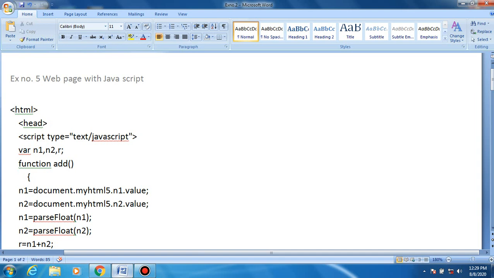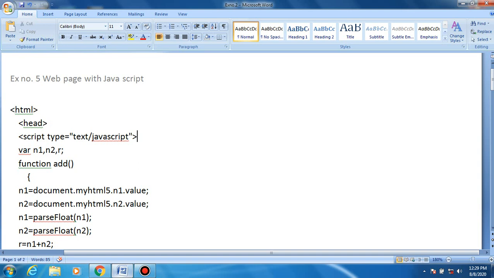The HTML program is used to create frames, but it is not processed to perform arithmetic operations, etc. Therefore, we need JavaScript to perform such arithmetic operations and form validations.